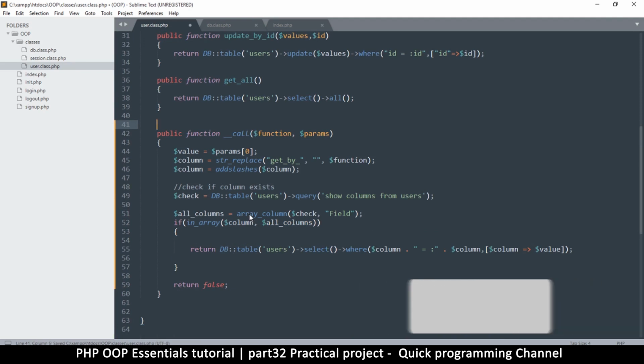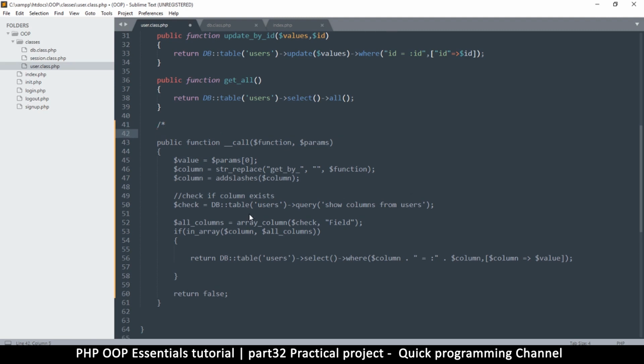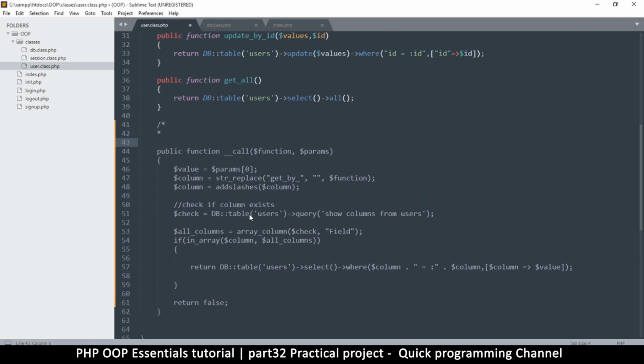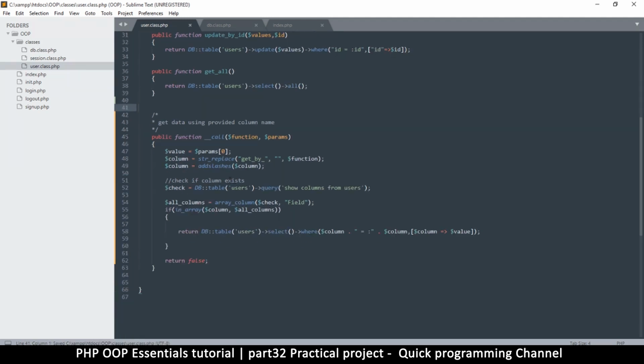Now it's very important to keep commenting on your stuff. So like here, I will put something like that, just to make it look a bit nicer. And then I can put some commenting here that I want. Get data using provided column name. So it's a good idea to comment everything that you're doing, especially when you're a beginner, because for